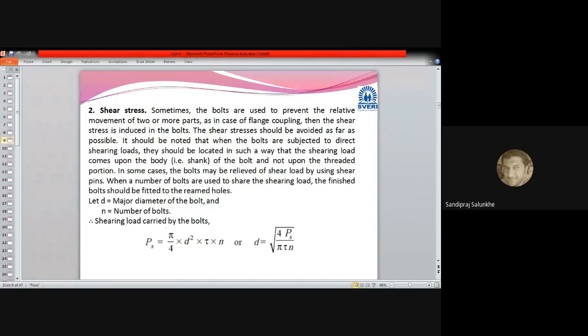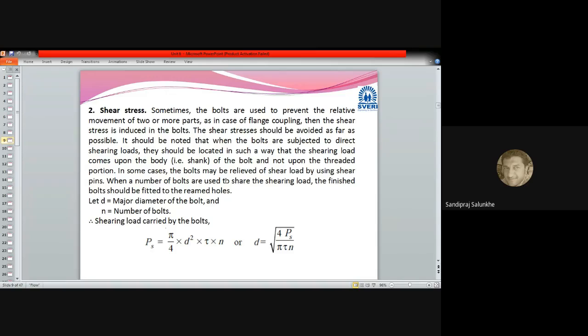That is the mean diameter of that bolt. Based on that, we can go for the selection of any standard size of that bolt. Later on, while we are solving the problems, at that time we will come to know how we can go for the standardization of those bolts and how we can select those standard bolts from the available